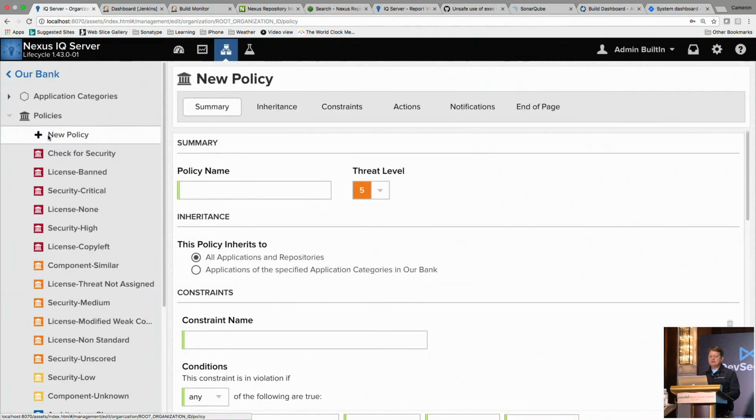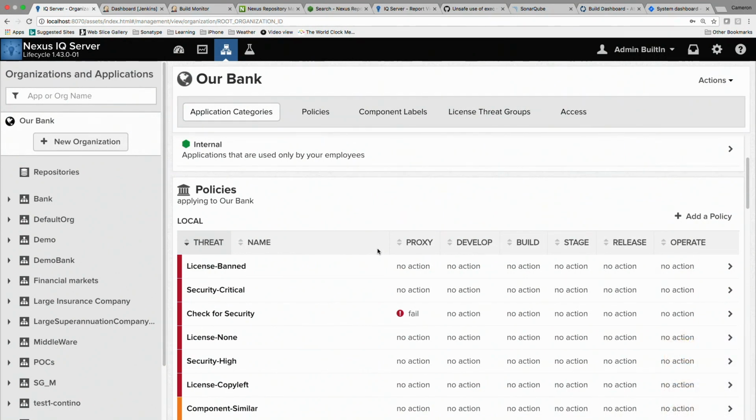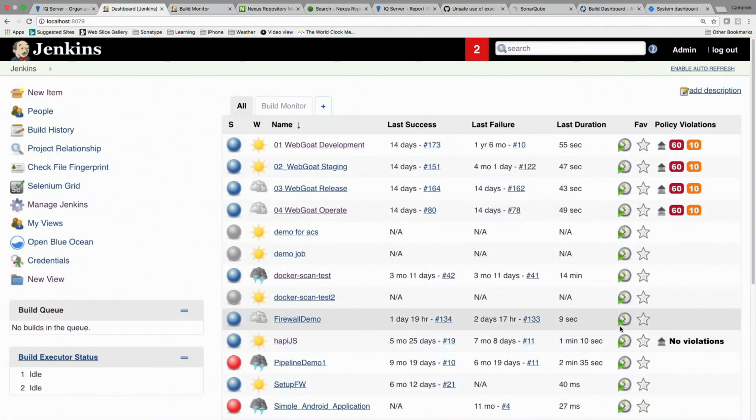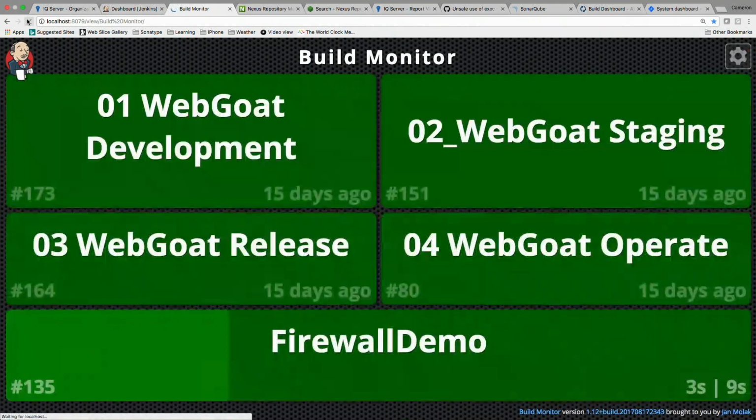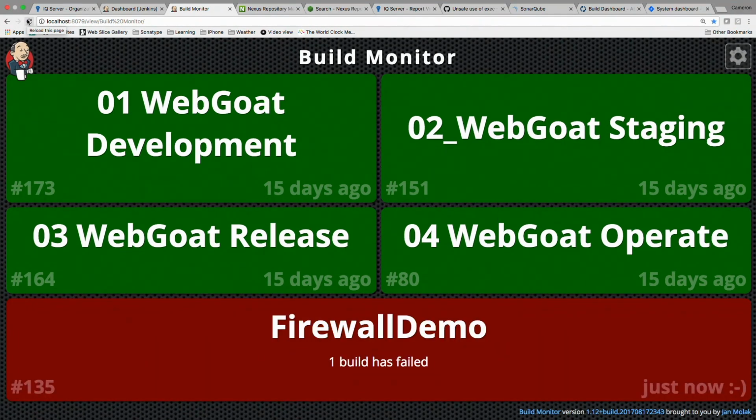Okay, great. So let's just recap. I've got a policy here. This is our policy engine that we run. This is our bank. We've said, okay, from now on, no more bad libraries. Now let's simulate someone trying to download one into our business. This job does that. So that takes a couple of seconds. What I'm actually doing is downloading some software from GitHub. This actually got a vulnerable component in it, but the firewall that we have blocked it. Great. It's been failed.